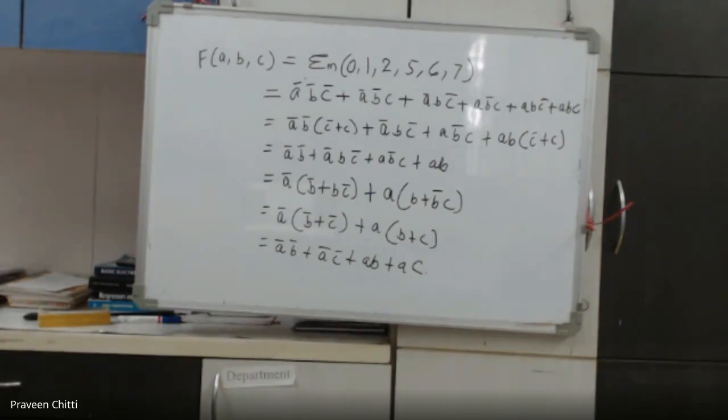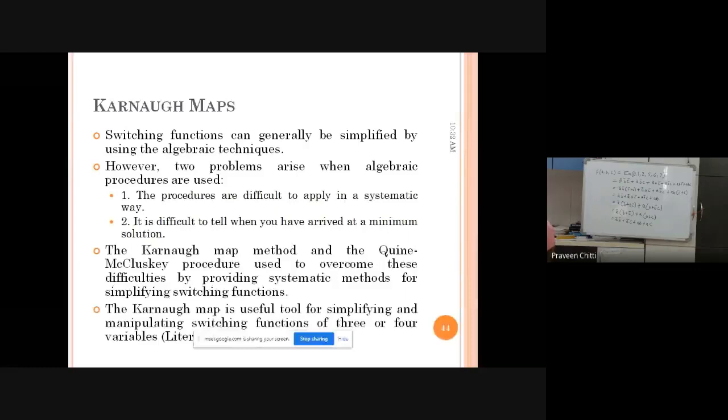Now, what do you mean by Karnaugh method and Quine-McCluskey method? That's what we are going to study in detail in this particular module. Is that clear? Why we have to go for Karnaugh map or the Quine-McCluskey method? Just now I have given you one example. You have seen there is a lot of ambiguity, which term to club and how we should simplify it and how we can arrive at the final expression.